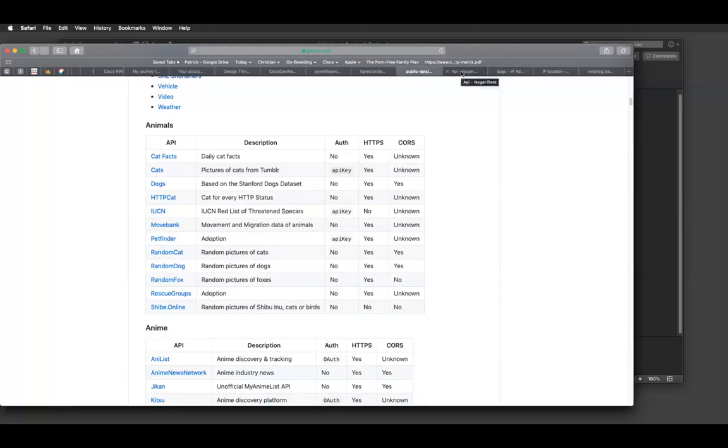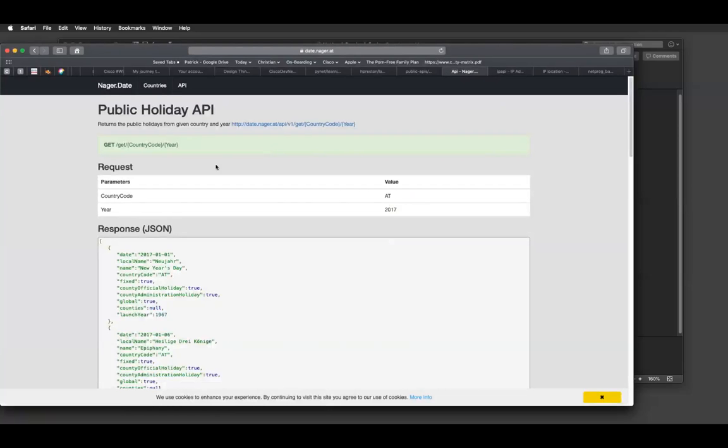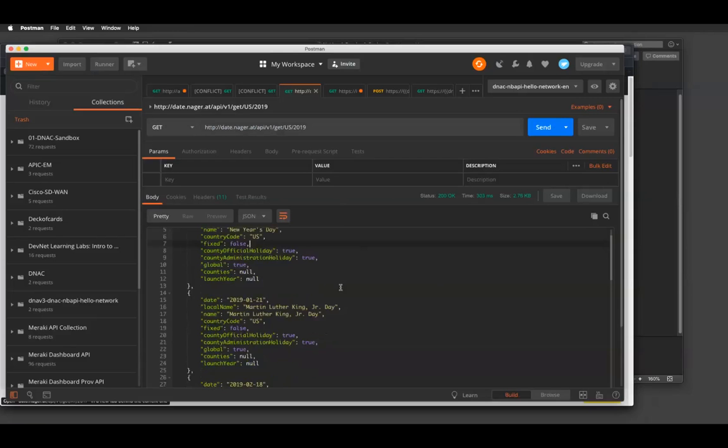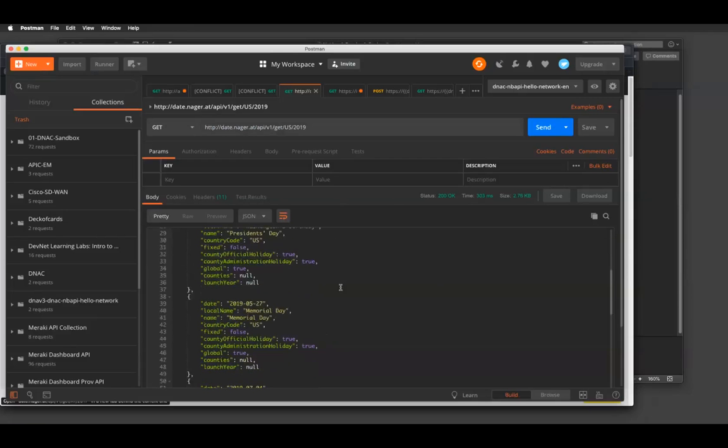One of them I found was a public holiday API, which essentially, again, this is part of their documentation on their web page. Is how to format this API, and then basically you put in the country code of your choice along with the year. So when I go back to Postman, you can see up here I just put in US for the country code in the year 2019. I'll go ahead and put that in the chat window as well. So that when I made that GET call, again, URI, make sure it says GET, hit send, and in the body of the text comes back all of the holidays around the United States.